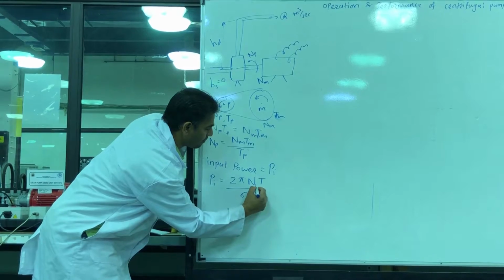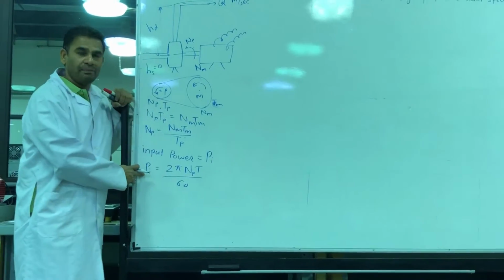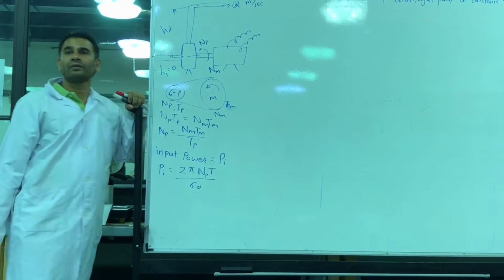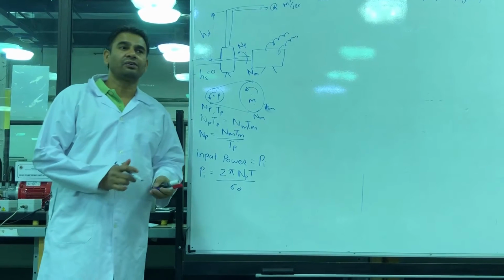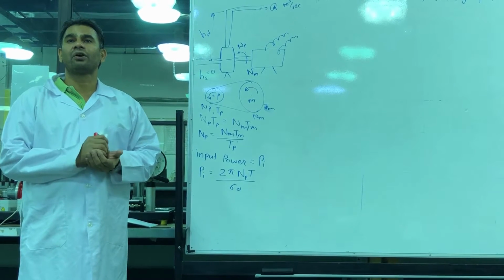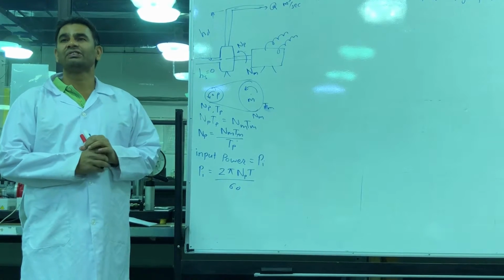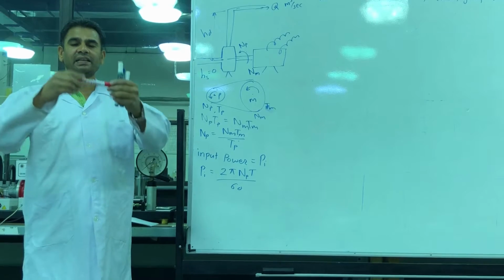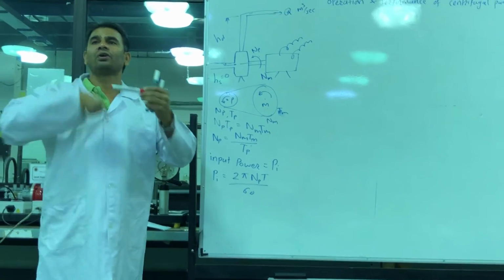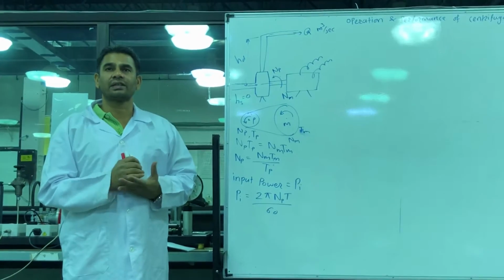So this is the pump now, because the pump is running. Here we need to find Pi. We know NP, and we need to find torque. How can we find torque? This question is asked in interviews and exams. What is meant by torque? Force into distance. If this shaft is rotating, this force into the distance is called torque. You studied it in 101.